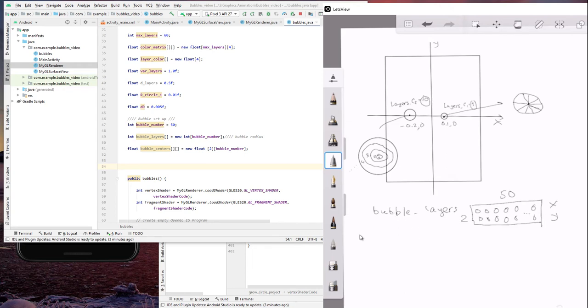The same for the stop. So this is the bubble center. The bubble layers will be a one-dimensional array, 1 over 50. And here I will place those numbers. Assume that the first one is 1, 10,